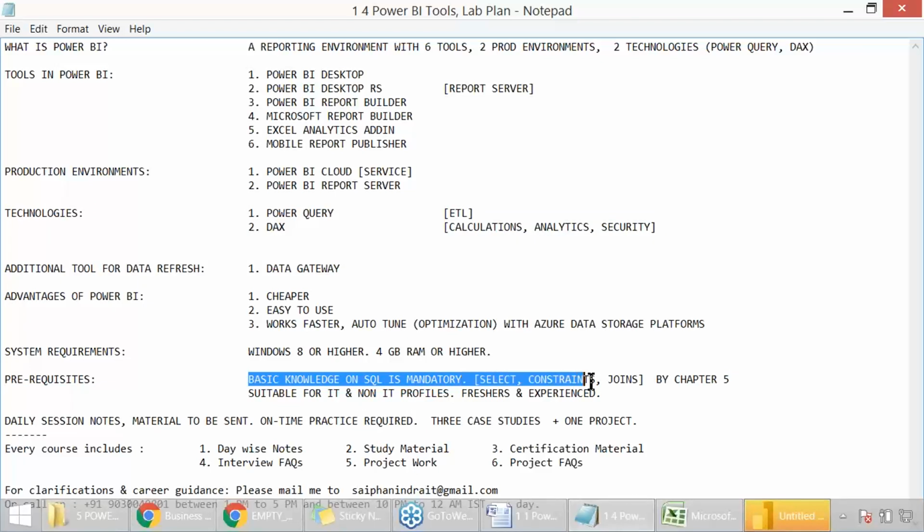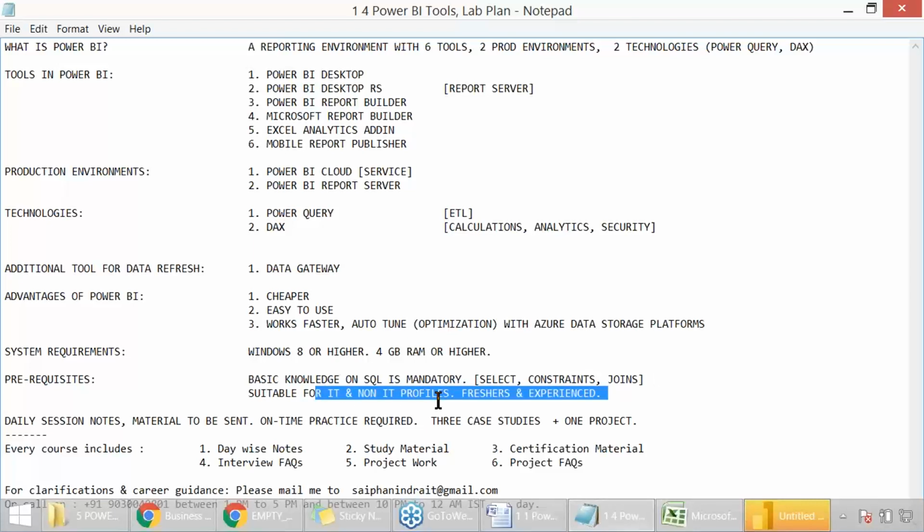Constraints, joins, select statements are required. We need them by the 5th chapter of the Power BI course. Either you are from IT or non-IT, freshers or experienced, yes, a common piece of cake in your resume is Power BI.